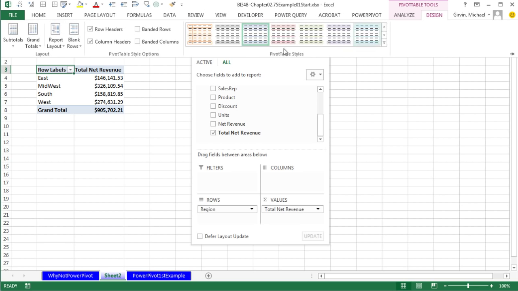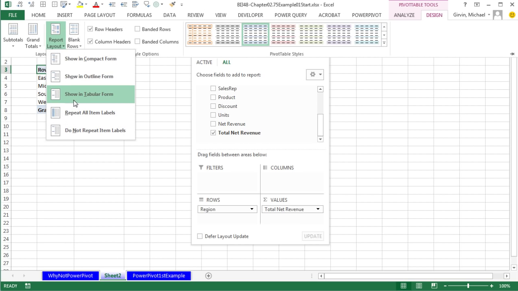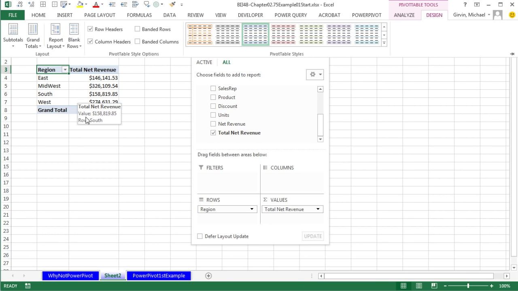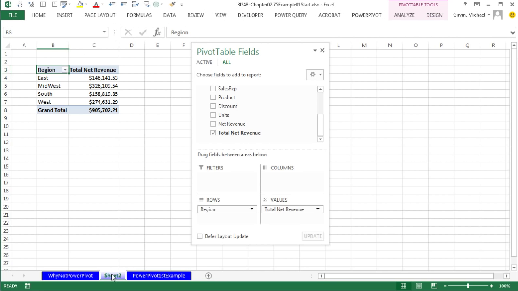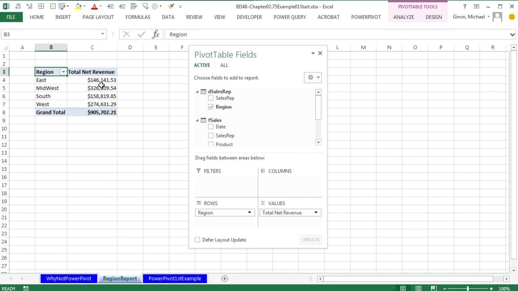Now I'm going to go up to Design. We still have to do this report layout and show in tabular. Come down to the sheet, double click, and we call that Region Report, and Enter. Now I'm going to click up in one of the cells in the Values area and talk about filtered context. Whereas with calculated columns, we have row context. In a pivot table, when we drag our measure or calculated field, remember, there it is, that calculated field, we dragged it down there. How in the world did it know to get